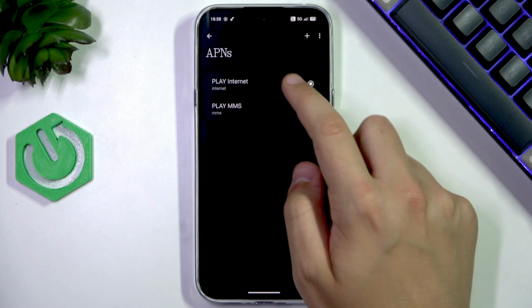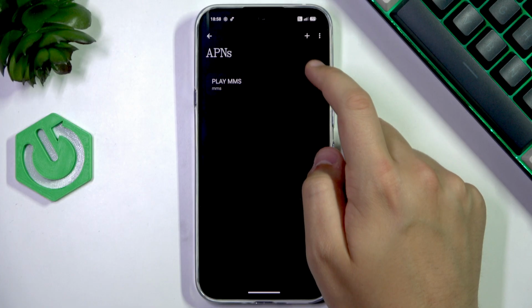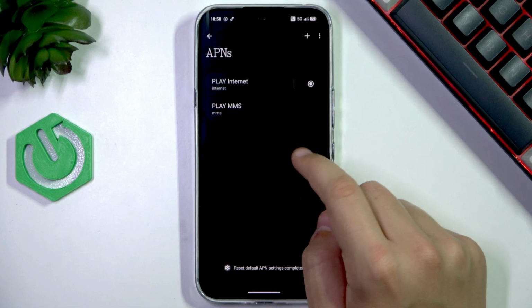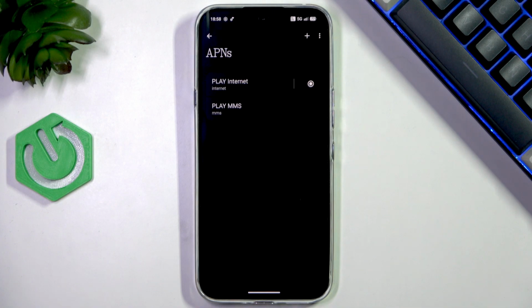Here we have our internet, and of course we can click on the three dots and click delete APN. Now it is gone, and we can click here on three dots and click reset to default, so our internet goes back up. What we're going to do next is make sure that the SIM card is